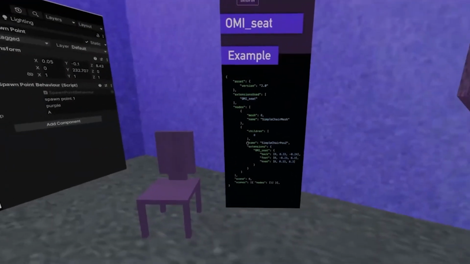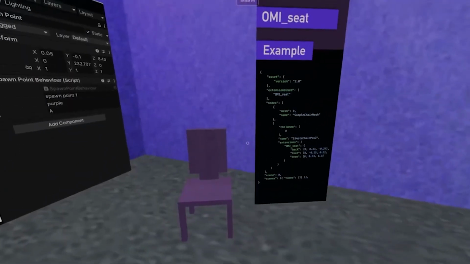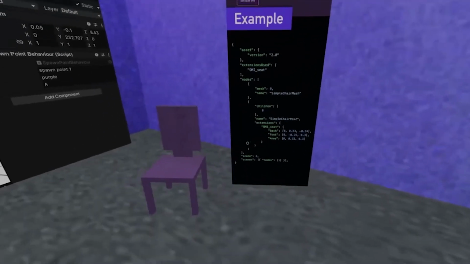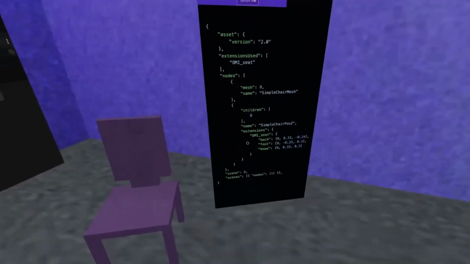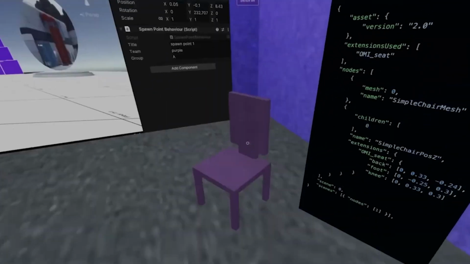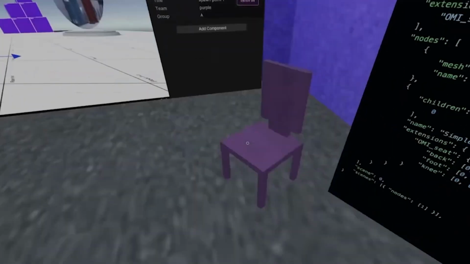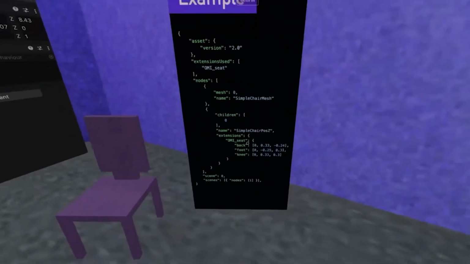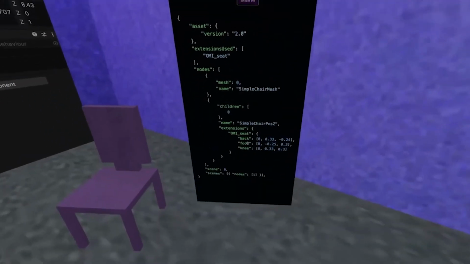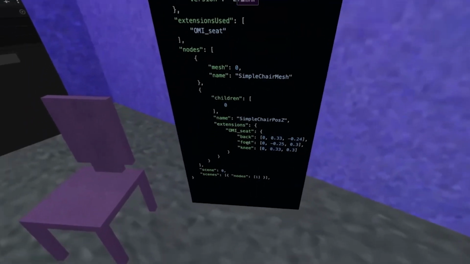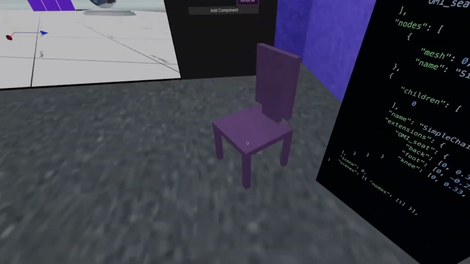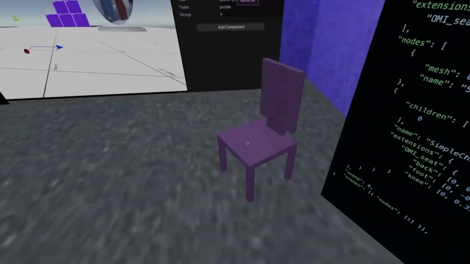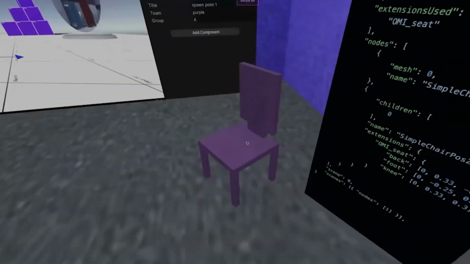Unfortunately, in my plugin here and through Object Viewer, I don't have sitting implemented because I don't have the character controller implemented, but let's just use our imagination a little bit. The seat extension is really cool because you can have really dynamic character responses to a seat by just defining where the back is, where the foot should go, where the knee should go. So if you have a knee on this edge here and the back here, you can figure out how your character should fit to it.